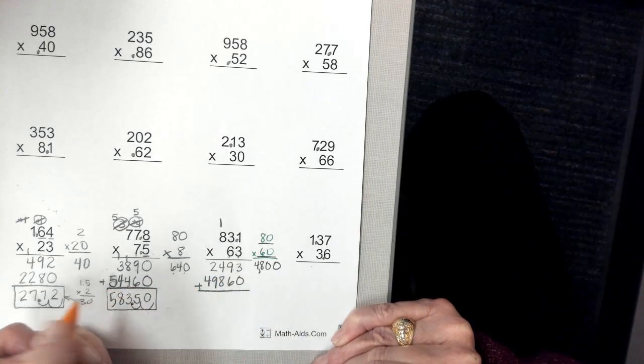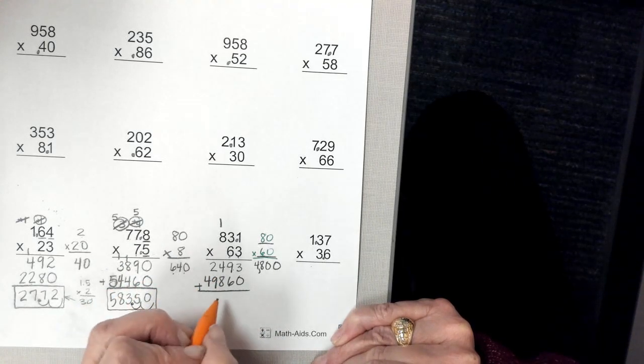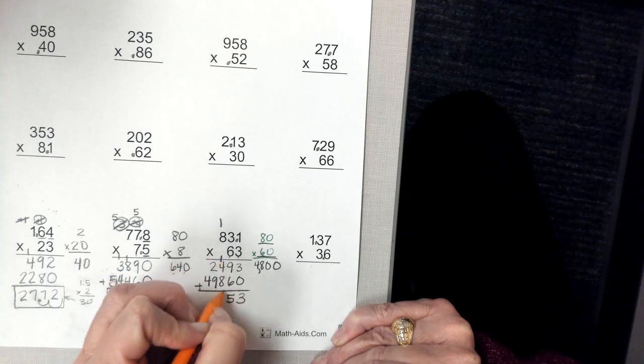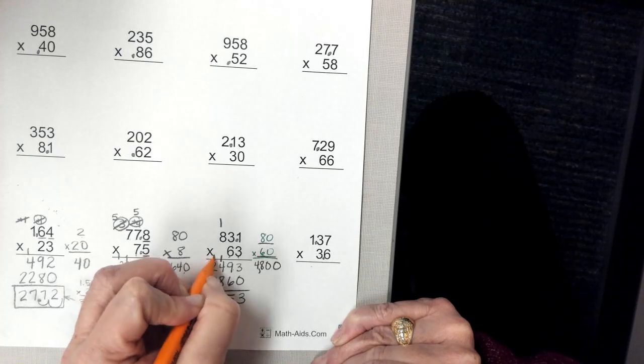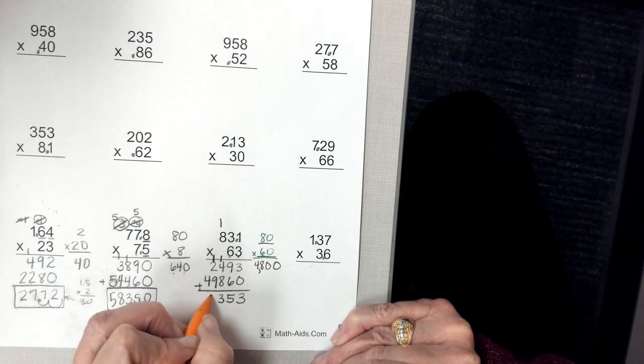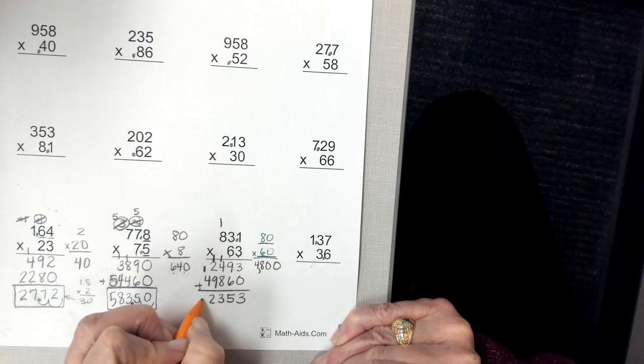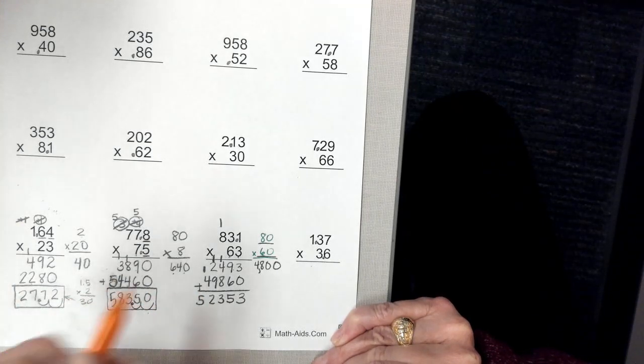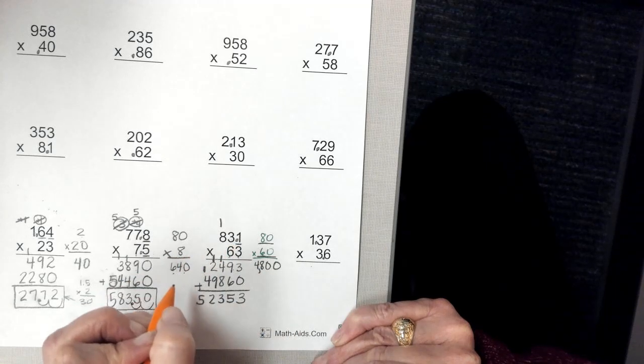Now that I have the 2 partial products, I'm going to add them together. 3, 15, 13, 12, and 5. Now I've got to bump that decimal place over 1 place value,